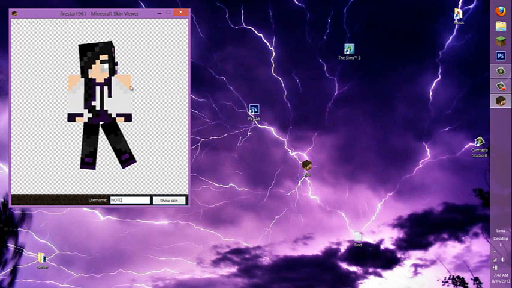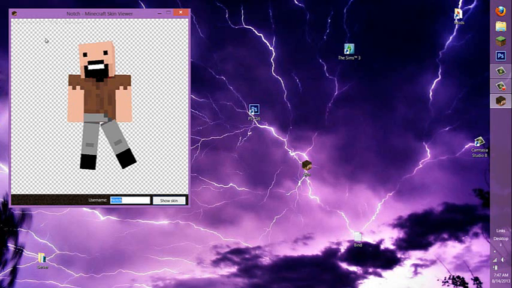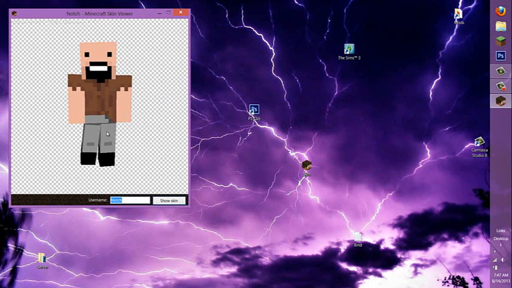Just remember that if there's caps, like for example, if I type notch with all caps, nothing will come up. If I type notch with no caps, nothing will come up. If you do Notch with a capital N, then it'll come up. Well, today I'm going to actually use Notch for